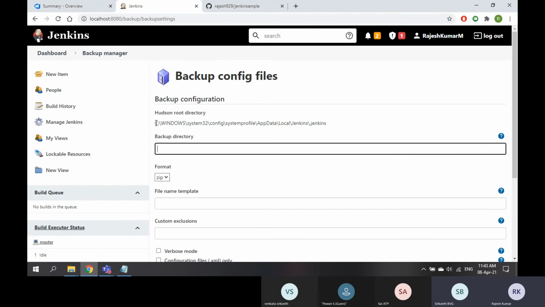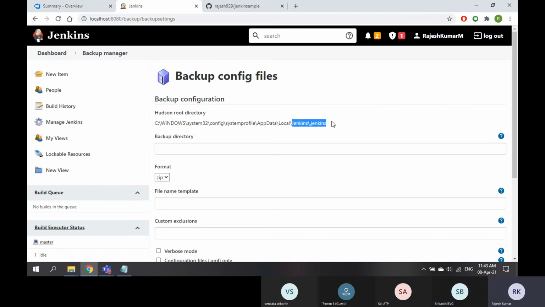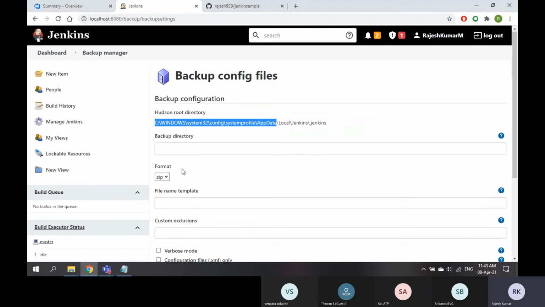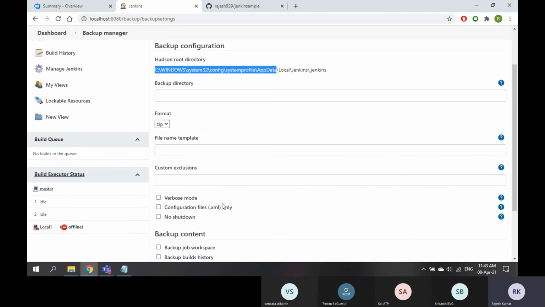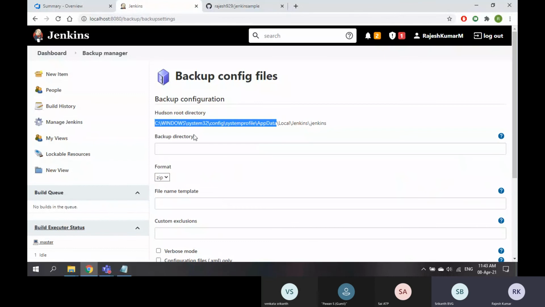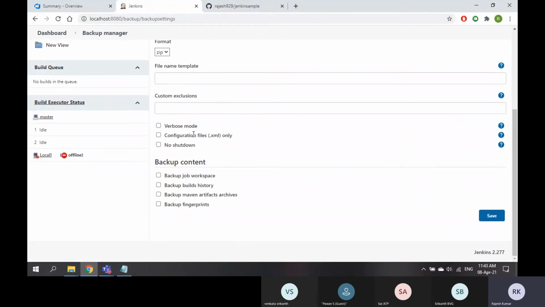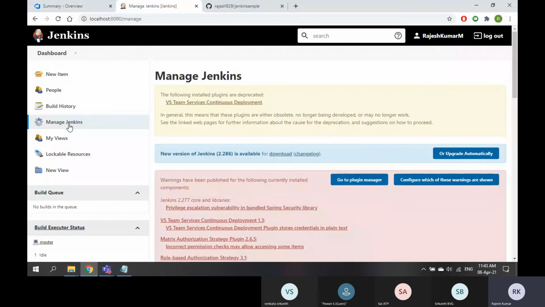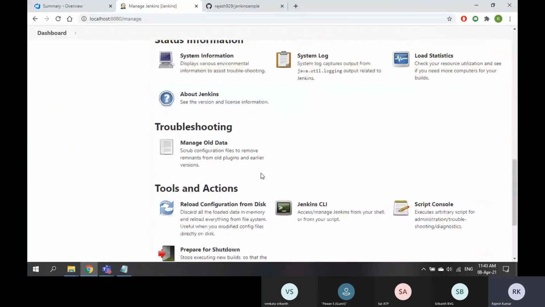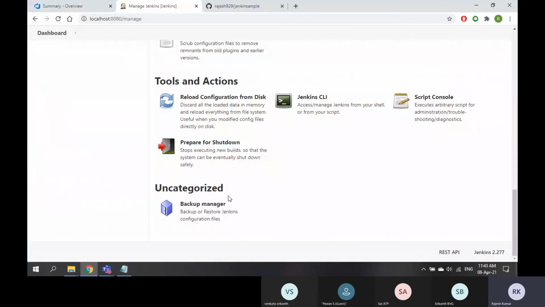So this is the folder, right? We want all the folder. So take the entire backup, zip it and upload it to some location. Backup directory. This way you can save your files daily. I'm telling you guys, this is one of the major tasks for a Jenkins engineer.